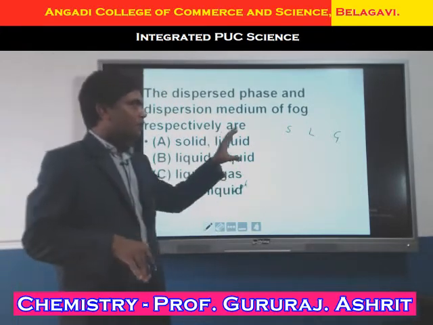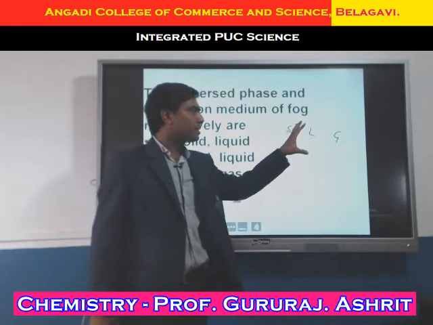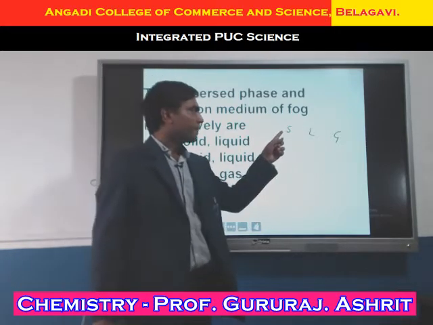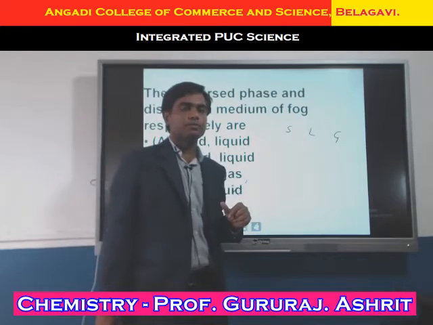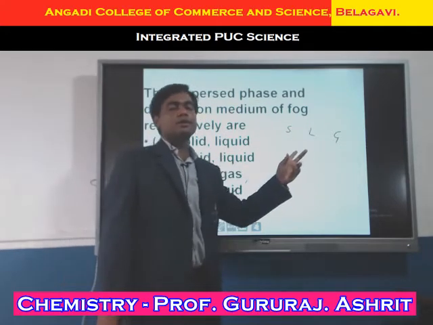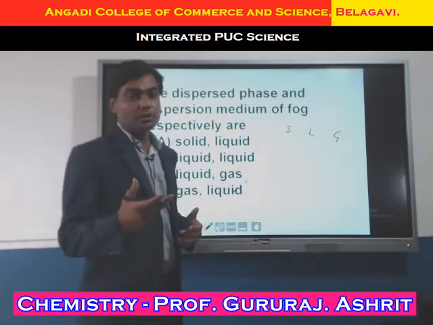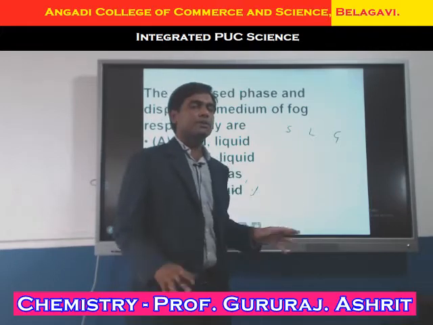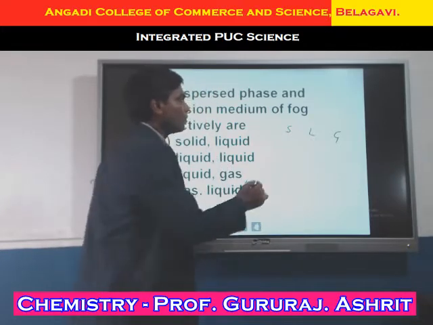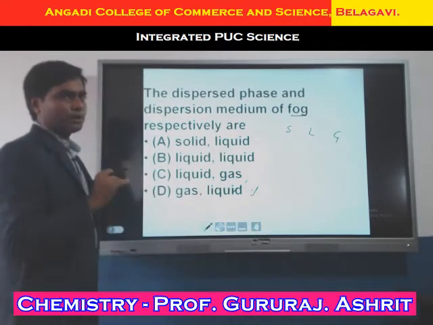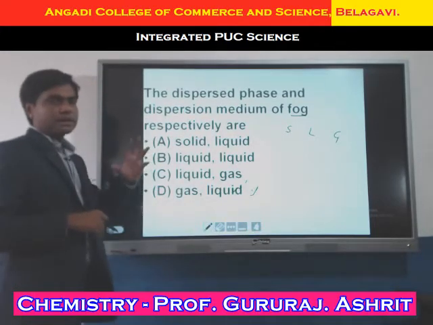In that, dispersed phase means less quantity, dispersion medium means high quantity. For example, one or two I will tell. If solid is less and liquid is more, it is called a gel. If liquid is less and solid is more, it is called a sol. Like that, we are having compounds. Liquid plus liquid is called an emulsion. Like that, we are now discussing fog. Fog is one example of the colloids, that is also called a mist.